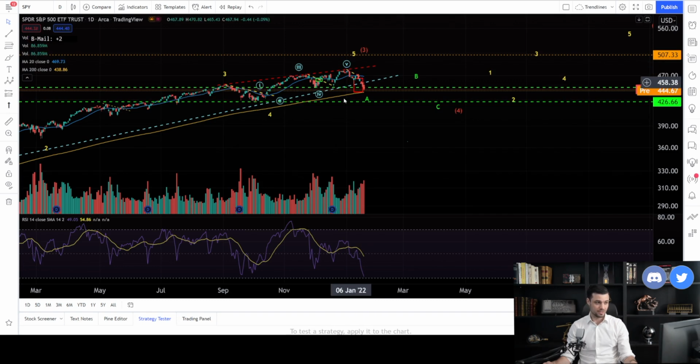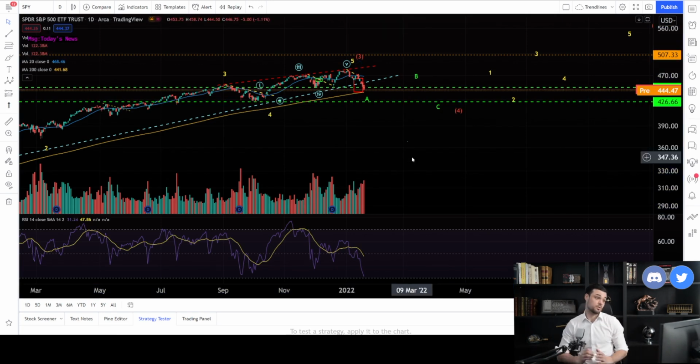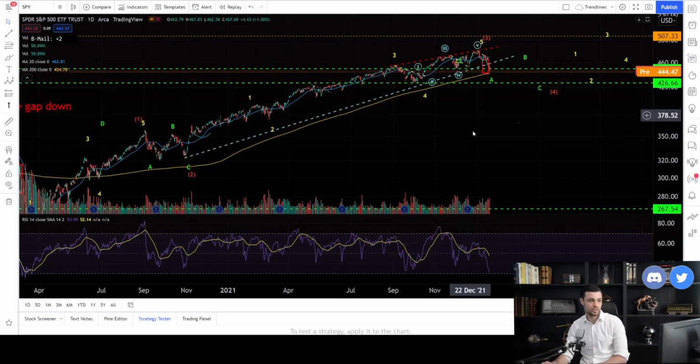I was sending alerts on my Discord saying that around 480, 490, it is a level to sell the S&P 500. I personally missed this trade around these levels, but I got in around 472, something like this, and I increased my position 2 days ago to a short position because I have stocks, of course, and I want to be protected for what is coming. So what is telling us that the situation is shifting?